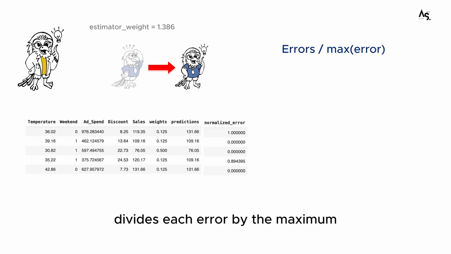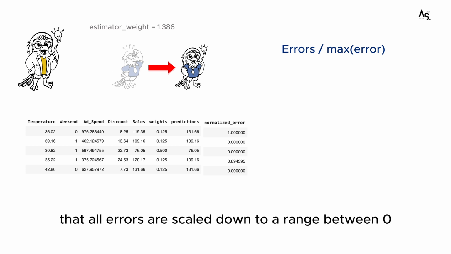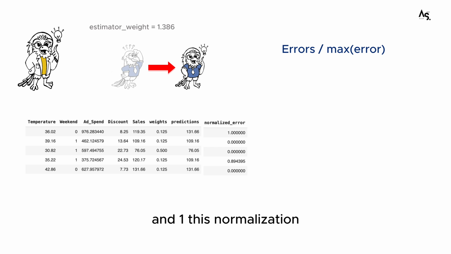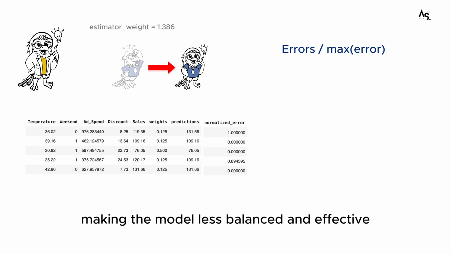Then AdaBoost divides each error by the maximum error observed in this round. Why is this step necessary? Dividing by the maximum error ensures that all errors are scaled down to a range between 0 and 1. This normalization prevents excessively high errors from dominating the calculations and ensures that the weight adjustments remain proportional. Without this scaling, a single sample with an unusually large error could skew the entire process, making the model less